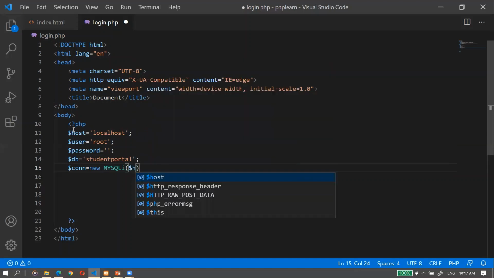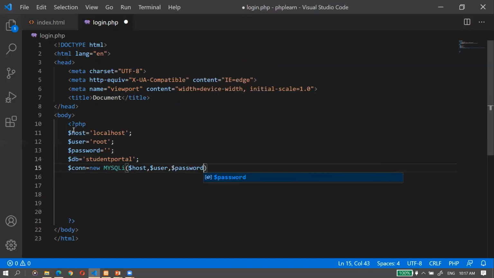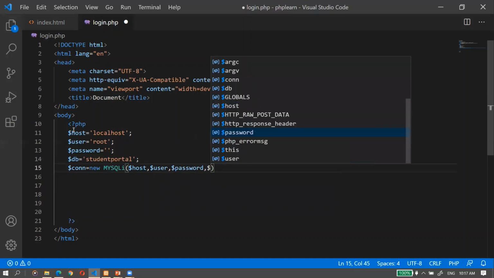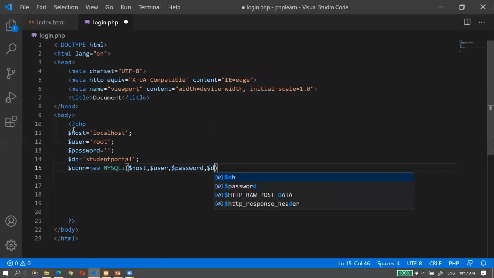First is host, then the user, then the password, and then the database to which you want to connect, that is DB. This way I write a statement in which the connection is made with the database.